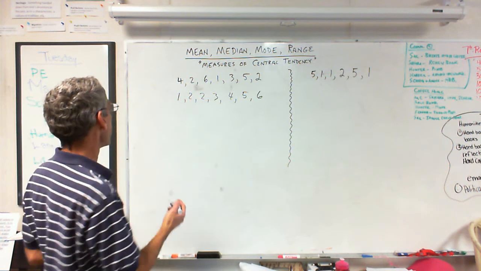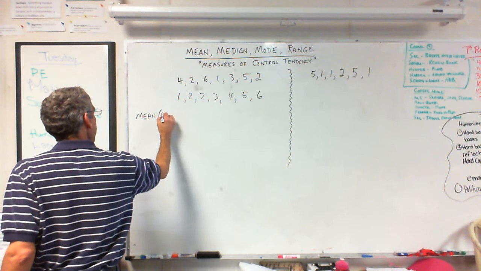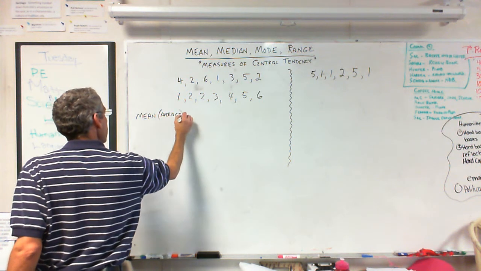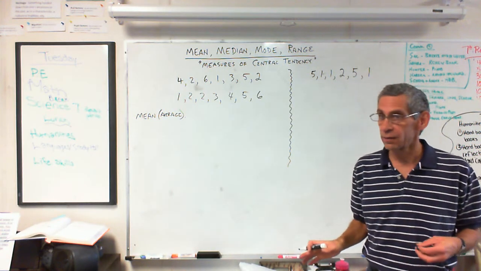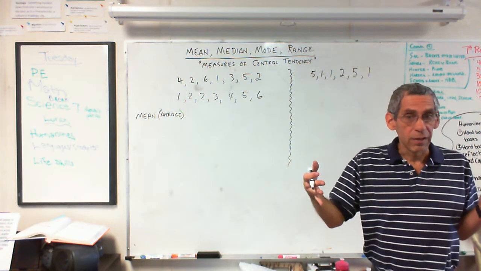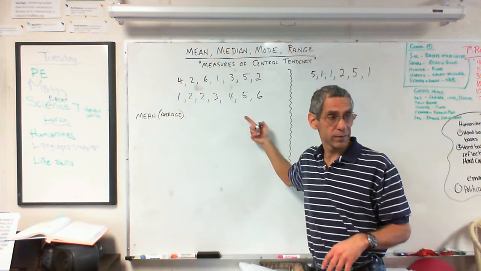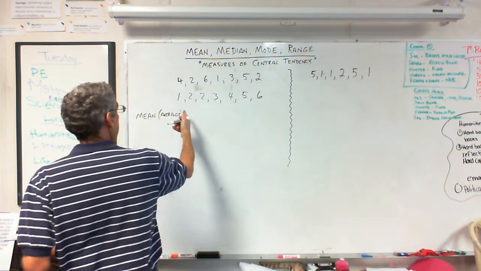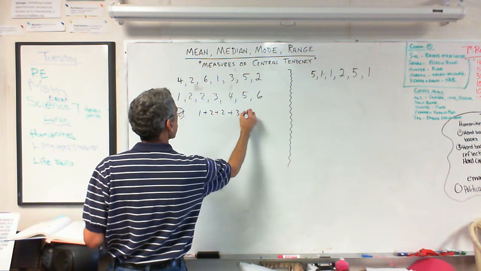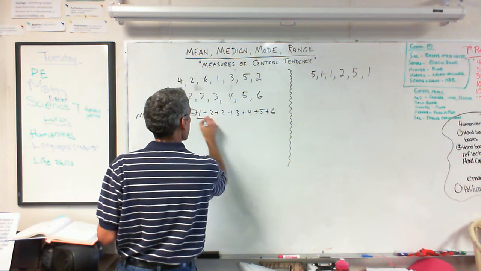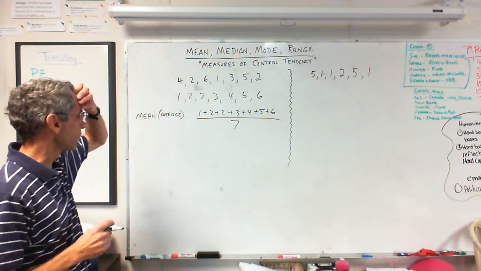So it says, first of all, mean. Mean is the same thing as average, right? So to average anything, I think everybody's learned this, right? You add all the numbers up, and you divide by the number of numbers that are in the set. Exactly. Beautifully said. So I'm going to add these all up. It's going to be 1 plus 2 plus 2 plus 3 plus 4 plus 5 plus 6 all over 1, 2, 3, 4, 5, 6, 7. All over 7, because there are 7 numbers I'm adding together.